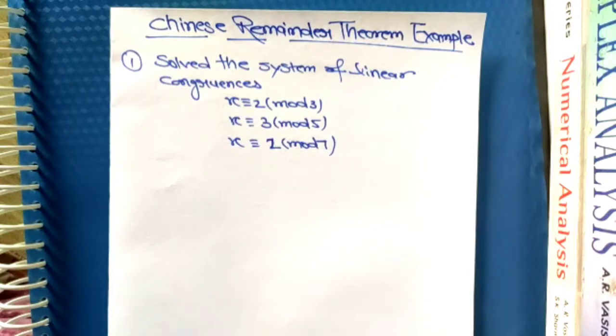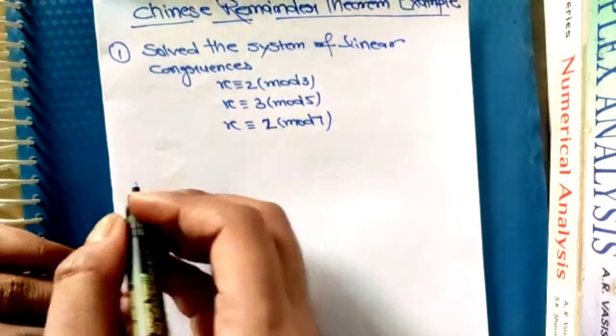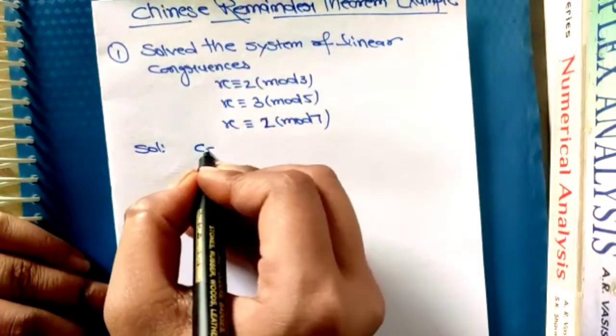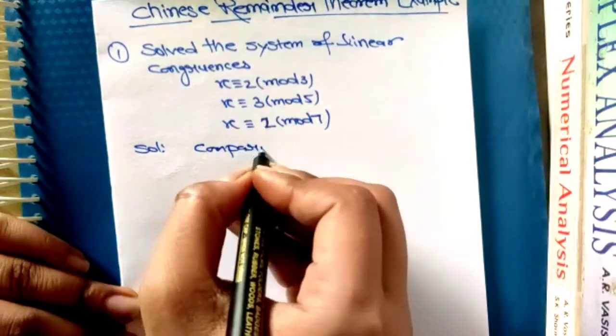I am going to solve some examples using Chinese remainder theorem. The first question is: solve the system of linear congruences using Chinese remainder theorem. So let's see the solution. Comparing,